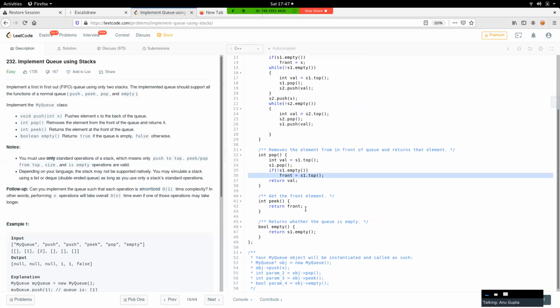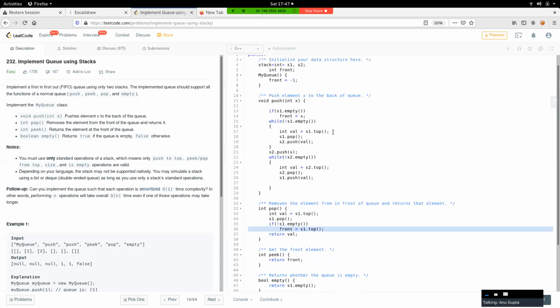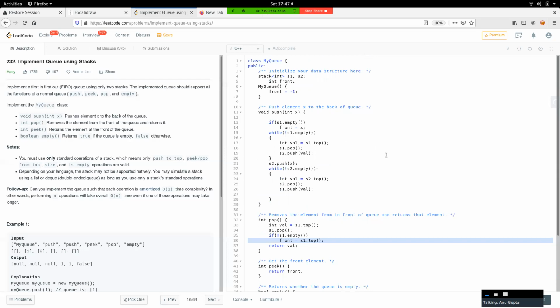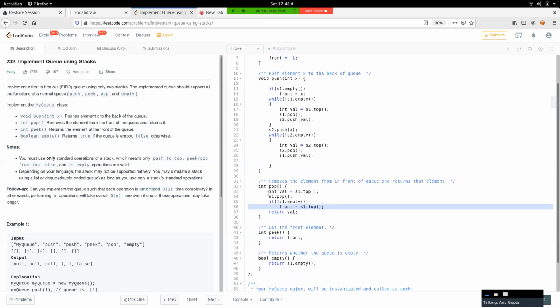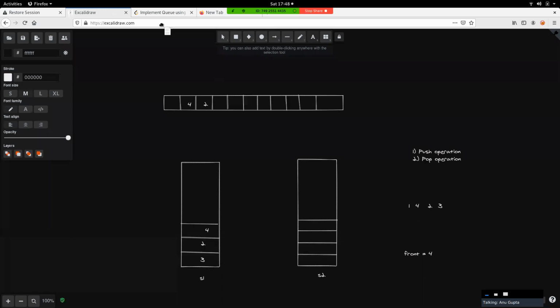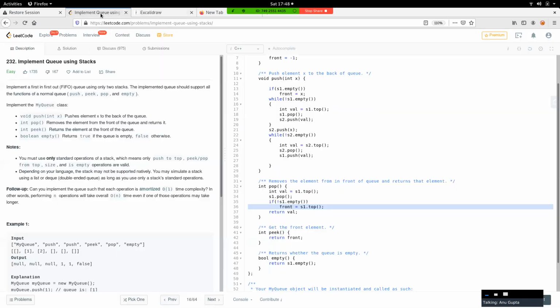But I leave it to you guys to make the pop operation costly. As in, we have shuffled the values from the temporary stack to the main stack using the push operation. But I want you guys to do it in the pop operation. So every transfer from one stack to another stack, I need you guys to do it in the pop operation, making it linear time there, and keeping push at order of 1. That means I want you guys to make the pop operation costly, right?